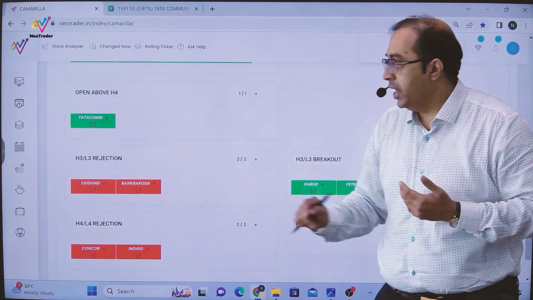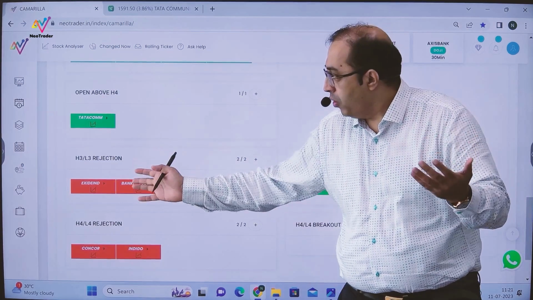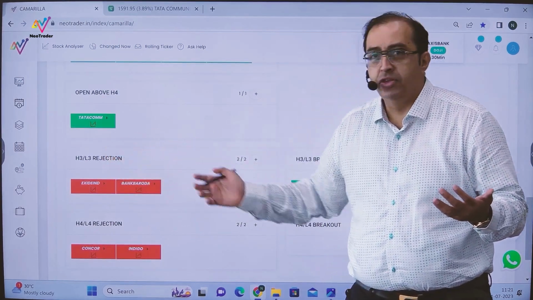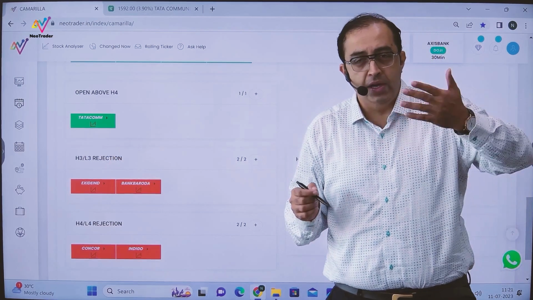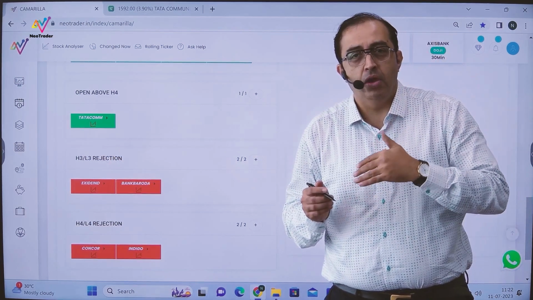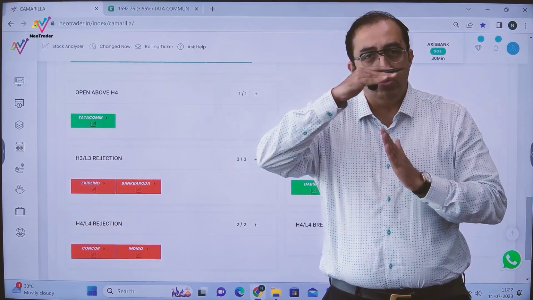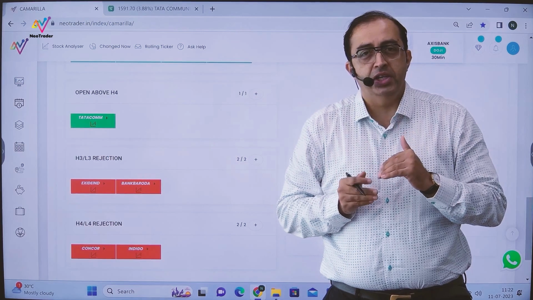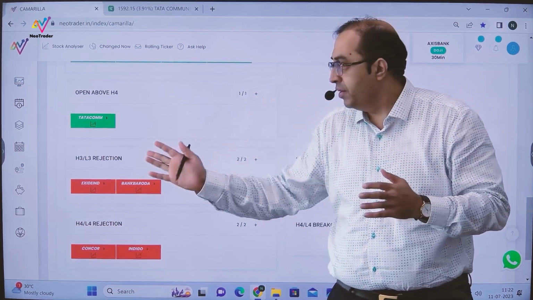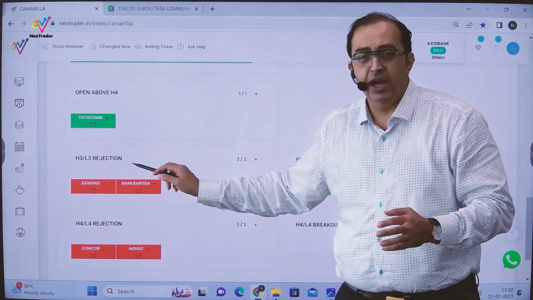Like all of you have already seen, the two F's of price action. Here what you are seeing is a rejection directly at H3 or L3. The prices were so weak that they did not cross H3, or so strong that they did not pierce L3. If a price is weak, it will not cross H3. If a price is strong, it will not break L3. That is the philosophy we have used to highlight these stocks for you. So this is an H3 L3 rejection.